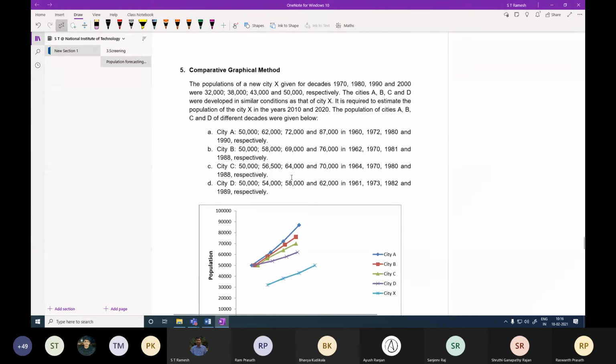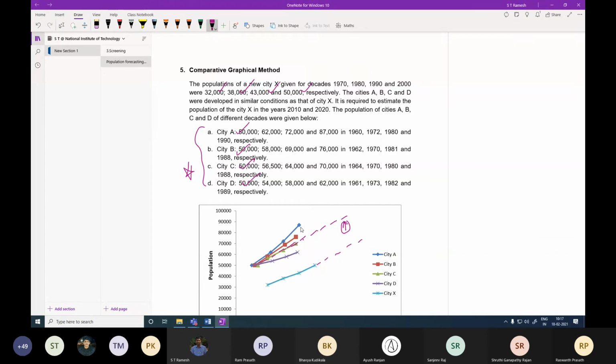Yes. Okay, and the fifth method. Anyway, I don't have the data because I've taken some orbital data. This also, I think we have discussed in the PPT as well. City A, city B, city C and city D, where the population is being plotted. What you do is take out the average of individual years and take an average line. Okay, this part is over. And unknown city values have also been given here: 32, 38, 43 and 50. You just plot it here. Then you just extend the line which is parallel to the average line. Is it okay?